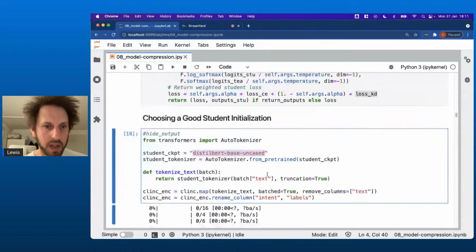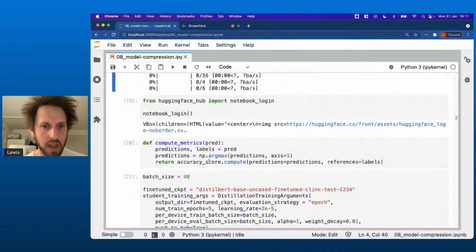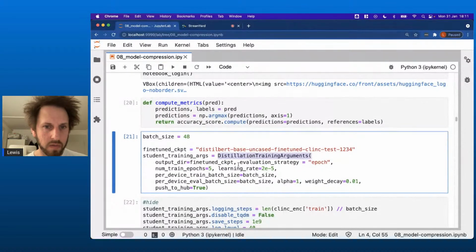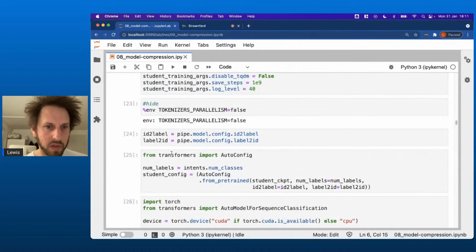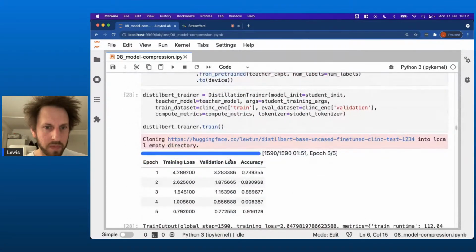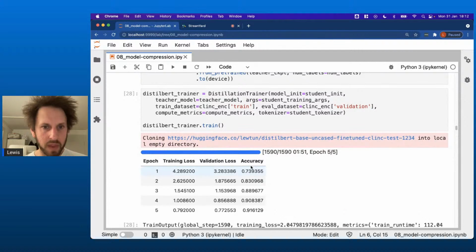So I tokenize my text. I define some metrics, which again are just accuracy. And then there's a bunch of stuff that we define for the training arguments, like the learning rate, number of epochs, and so on. And if we train that, and I'm just going to define some configuration stuff, it's not super important. But if we train this model, then what we'll see is, you can see, the accuracy